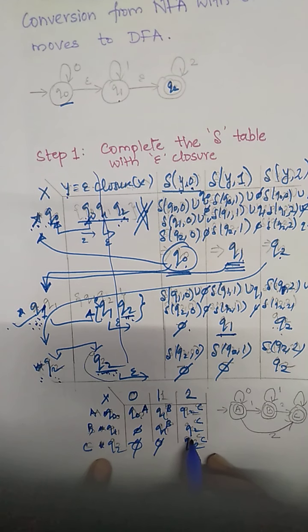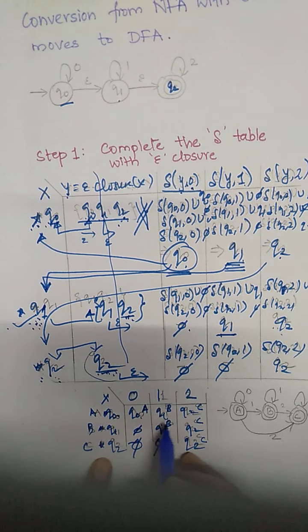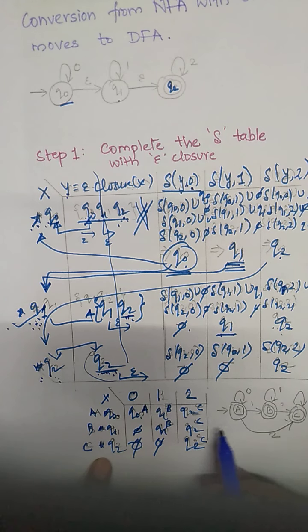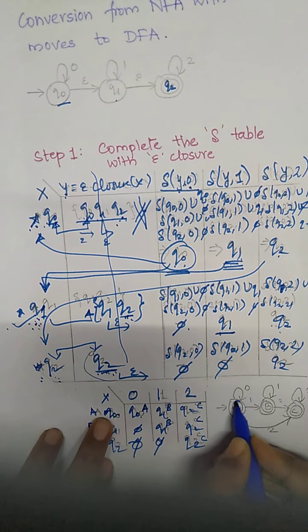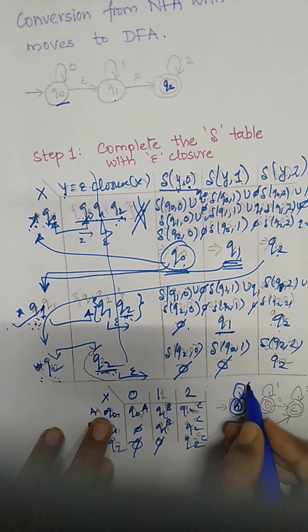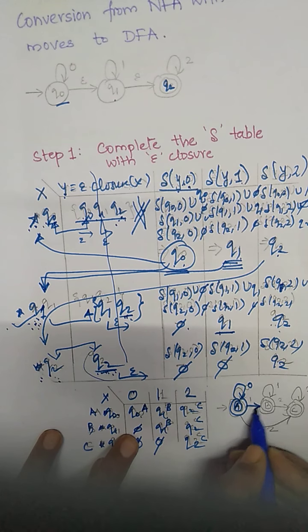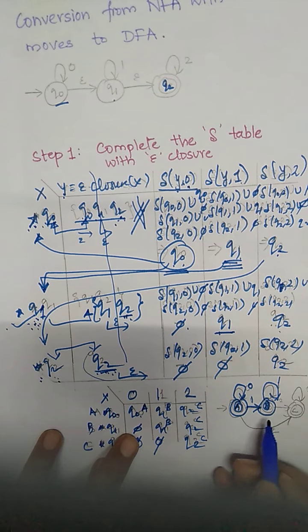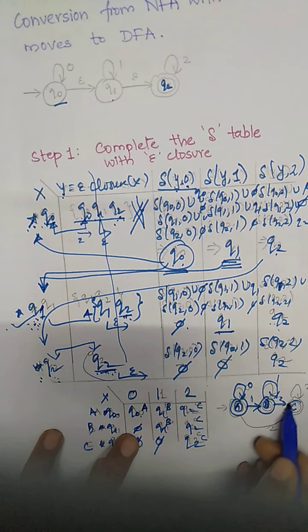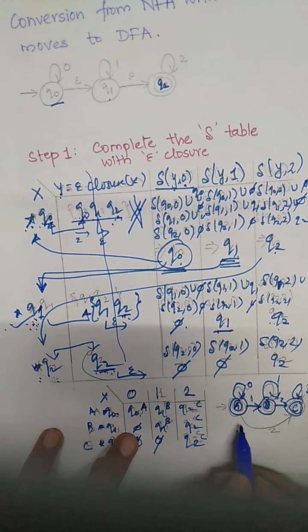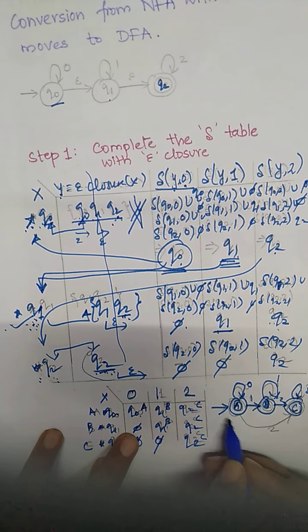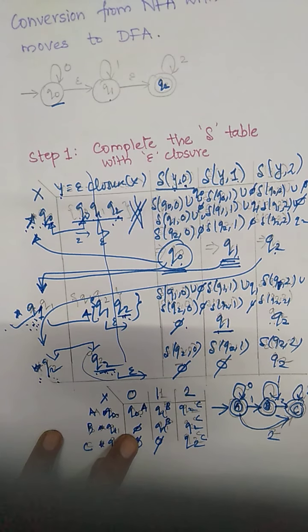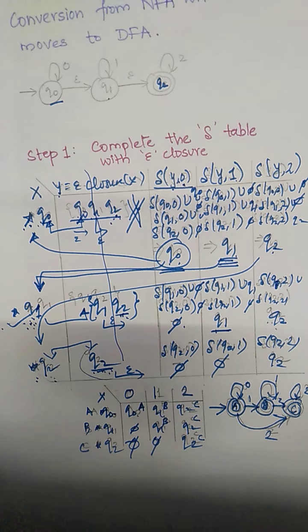Go to the Q1 state, Q1 and Q2. Do we have a duplicate Q1, Q2 as an entry? No. So this cannot be reduced. So what is our final diagram? This will be our final diagram, in which A is the final state; on 0 it goes to A, on 1 it goes to B, which is also a final state, which itself on 1 goes to itself, on 2 goes to C. What is C? C on 2 goes to itself, and the initial state A on 2 goes to C. So this is how we converted an NFA with epsilon move to a DFA.